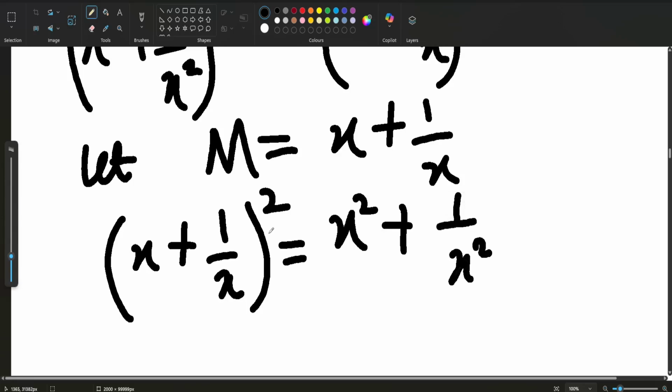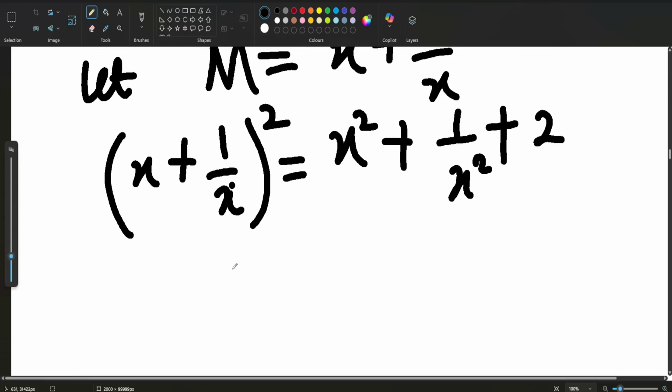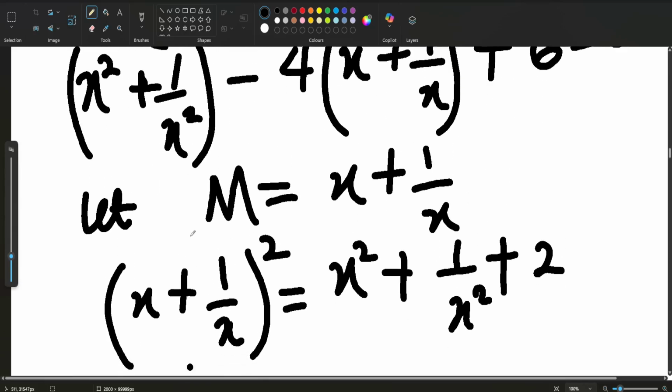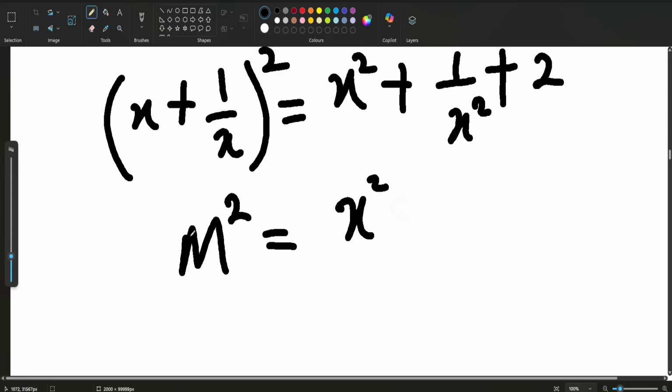You square both, then we now use 2 to multiply the 2, right? That is, we'll multiply this and this, that will be 1, then times 2. So we are going to get an expression like this. Now, if we replace this one with m, this is going to be m squared, which will now be equal to x squared plus 1 all over x squared